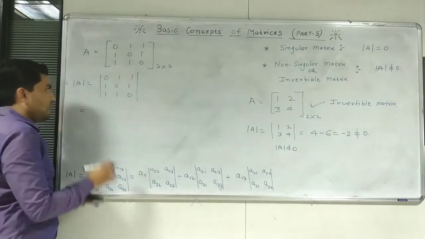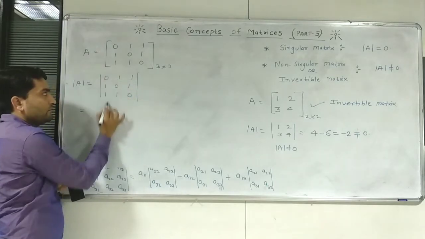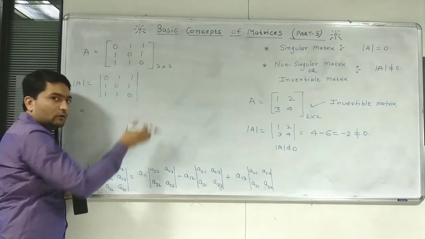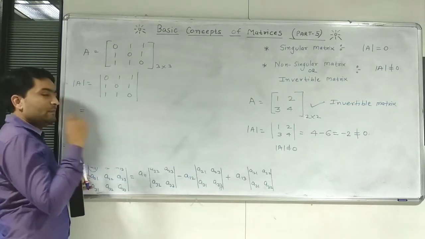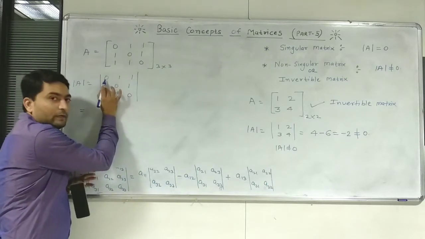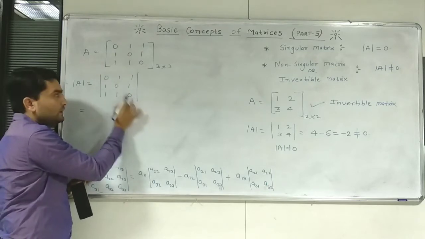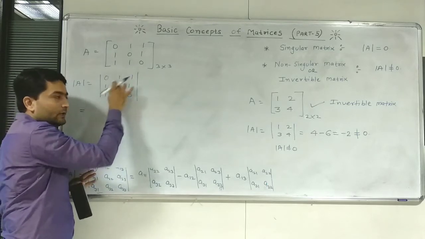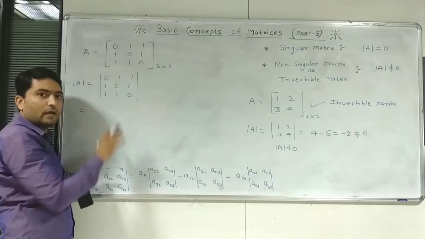Okay, so there are 3 rows, first row, second row and third row, and 3 columns, first column, second column and third column. Okay, so आप 3 रो या 3 कॉलम में से कोई भी एक रो या एक कॉलम आपको लेनी है, ओके, जिसमें मैक्सिमम 0 हो, ओके। For example in first row there will be only 1 zero, in second row it is only 1, in third row it is only 1, in first column it is only 1 zero, in second column only 1 zero, and in third column only 1 zero. So either you can choose any row or any column, okay.